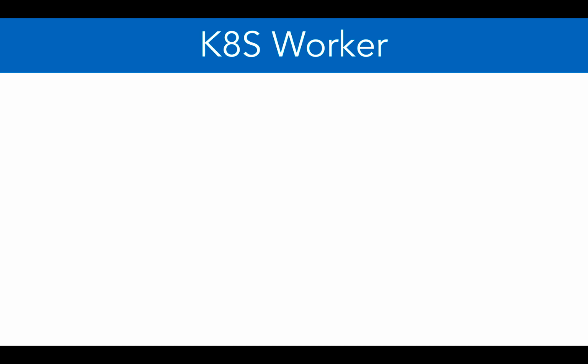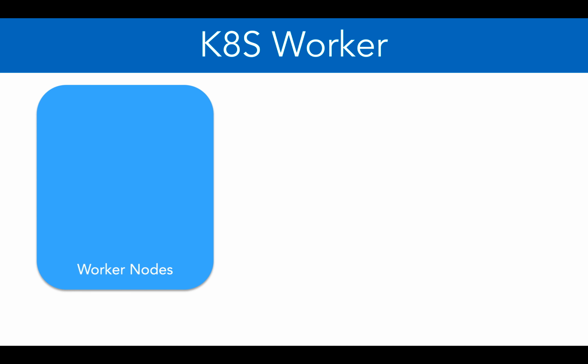Then we have the Kubernetes workers or the slaves. So these are also servers. These are called worker nodes. And worker nodes typically contain two components. One of them is kubelet. So kubelet is also a process similar to masternode, which has 3 processes and one database. Worker nodes contain 2 processes. One of them is kubelet.